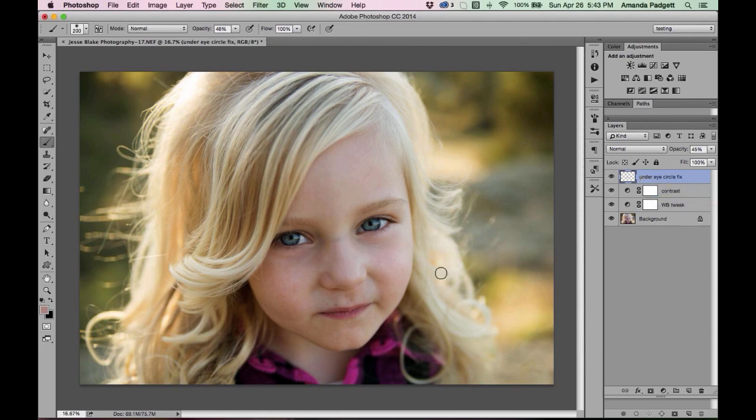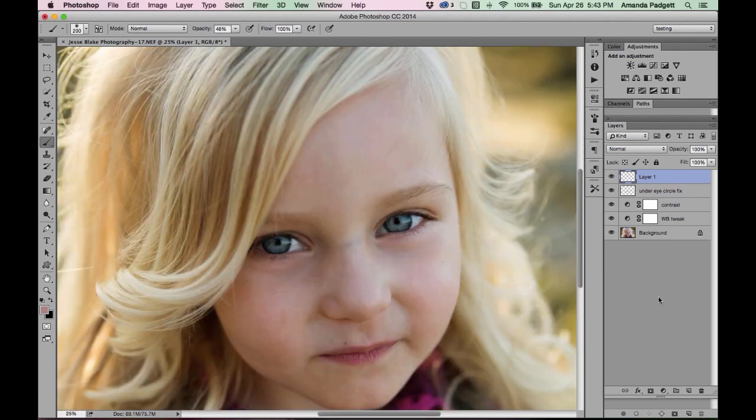Now I want to kind of take care of this vein on her temple. Now, a lot of people think that you have to use a pixel layer, like a copy of the background, to use the healing brush, but you don't have to. You can still use a blank layer if you come up here and check Sample All Layers. And then it's going to allow you to use a blank layer on it, and it's going to look down and sample all the layers. So I'm going to come up here,